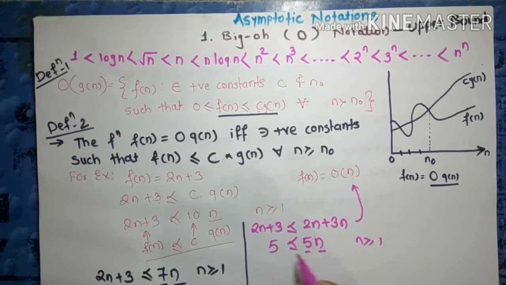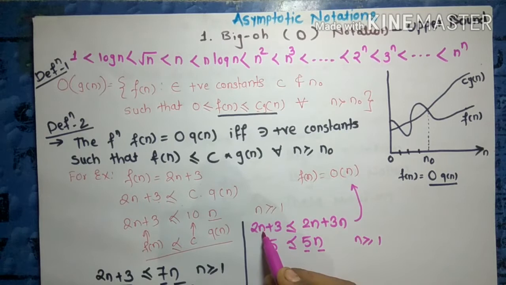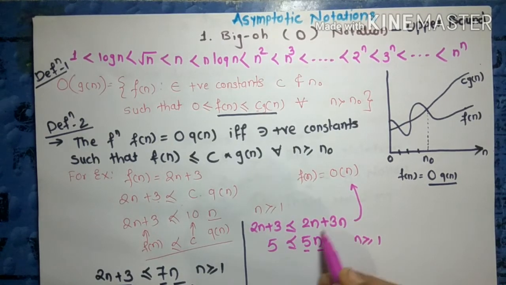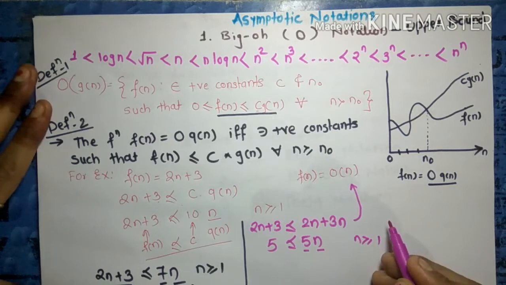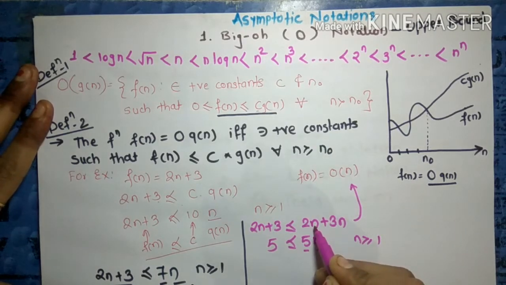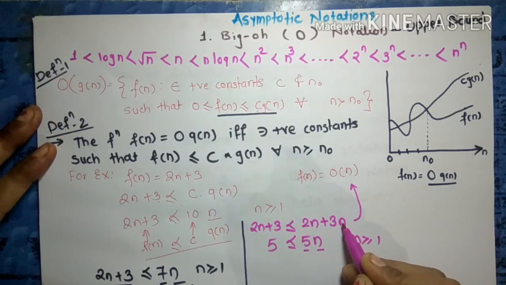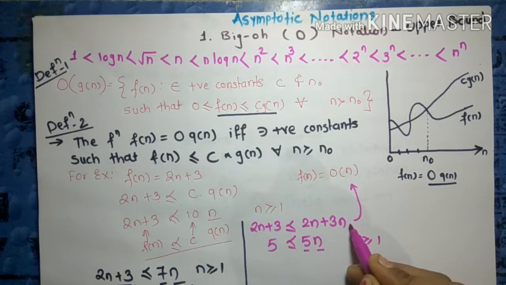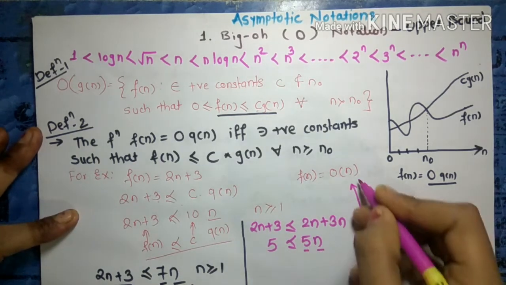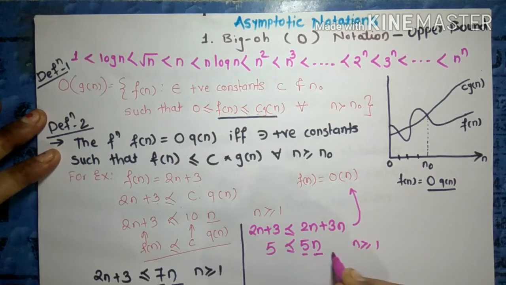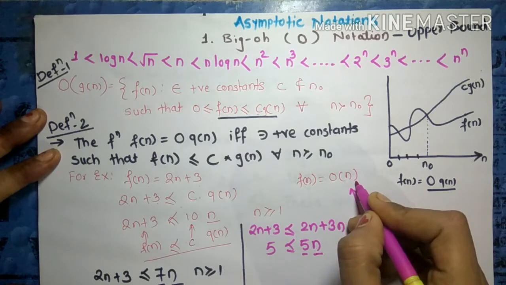For n equal to 2, it will be 4 plus 3, 7, less than or equal to, this will be 4 and this will be 12. This will be 16 and this will be 7. So this condition holds anyhow, as we can get g of n as a linear equation, so it will be true in this case.